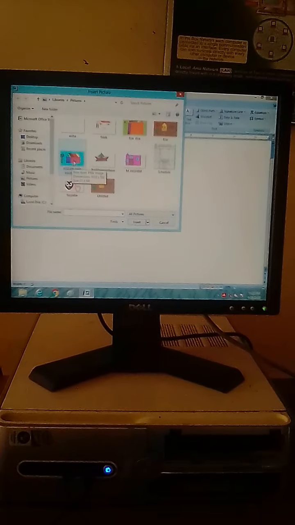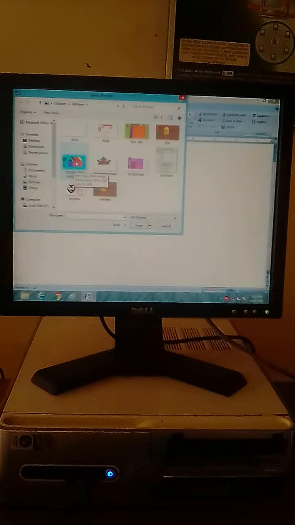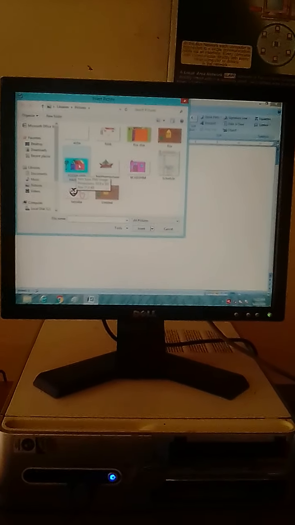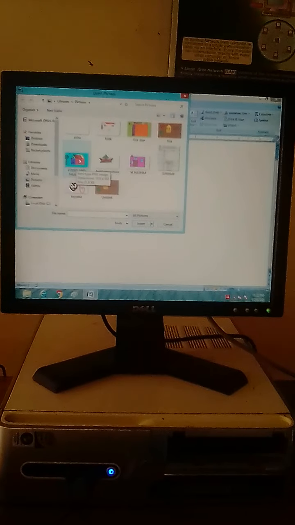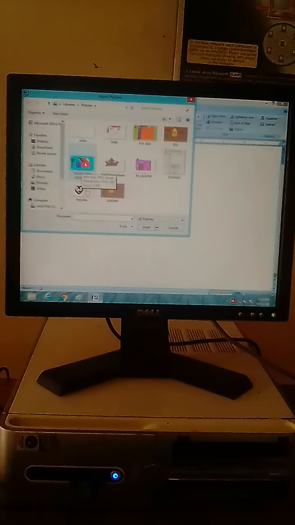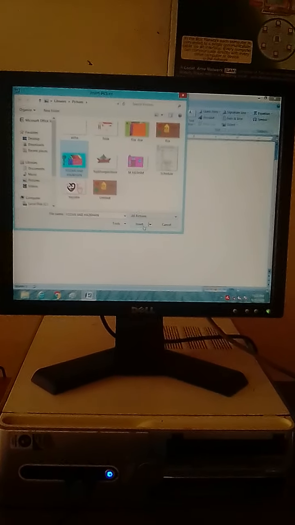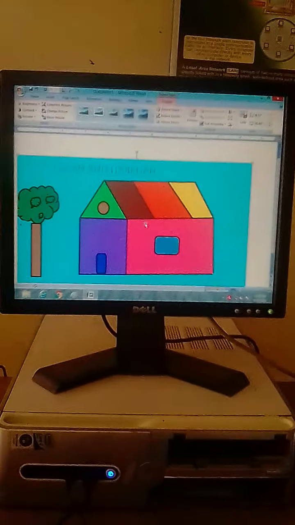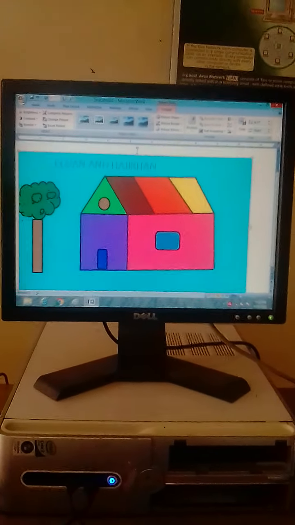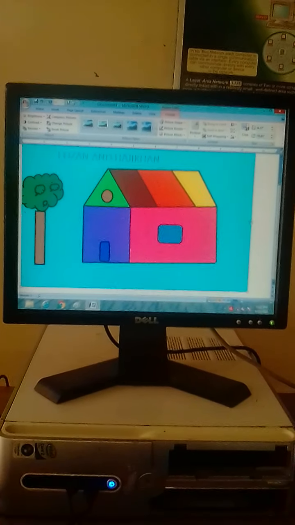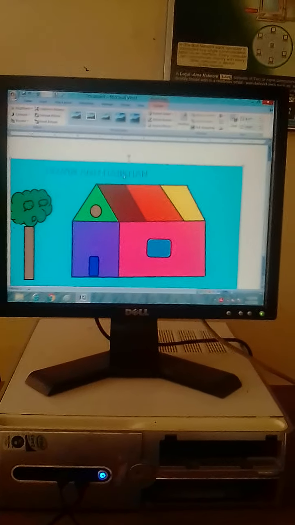For example, there is a house painted in the Paint program and we want to insert this picture on our document, so we will select this picture. Later on we will click on Insert. So you have seen that this picture has been inserted on our document.